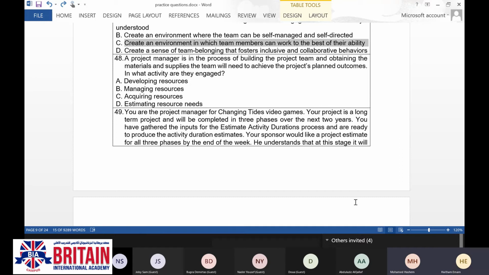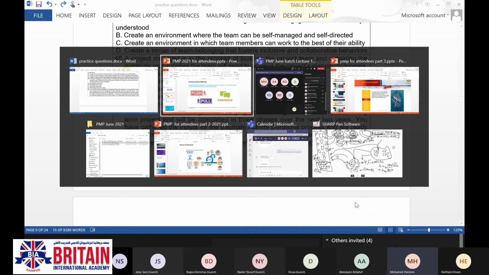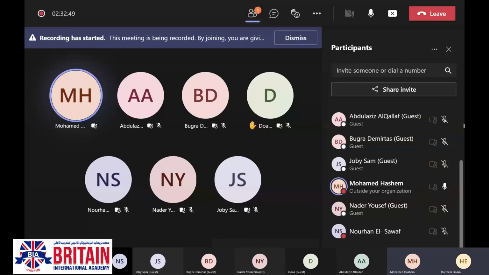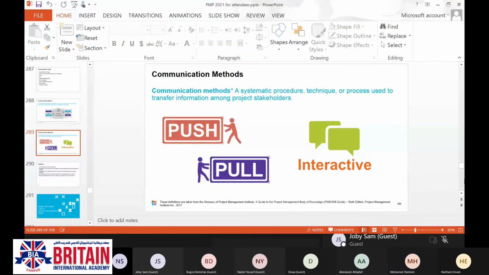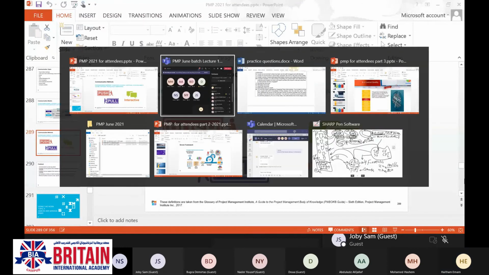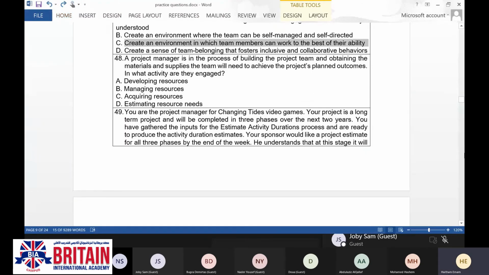Oh, wait a minute, just 1 second, please. Just 1 second. When it comes to manage resources, develop resources, acquire resources, these three processes are part of the executing process group.